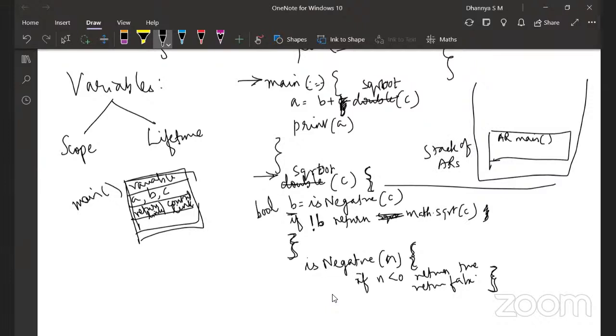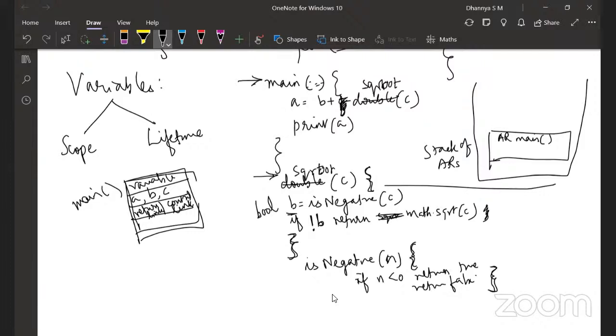So an activation record for a method contains all the details that are required for the execution of that particular method. So why do we need a stack for the activation records? That's what I'm coming to. Main is also a method, ma'am. Yes, very much. Main is also a method. In Java, main is very much a method, and that is also to be put inside a class. Those things we will come to. For now, main is also a method, just like the square root method and the is negative method. Okay. So main has an activation record which contains these details, and you have a stack of activation records.